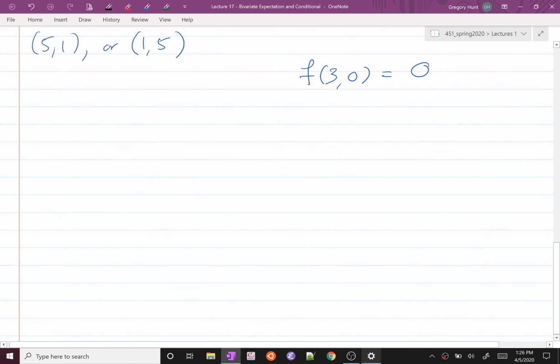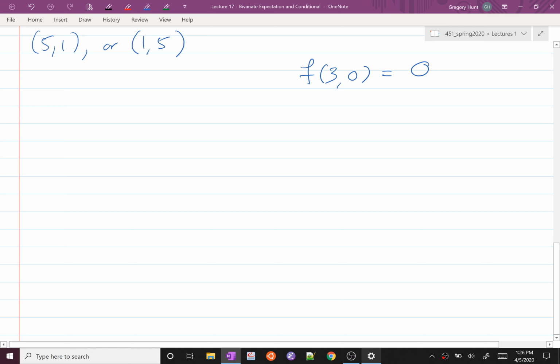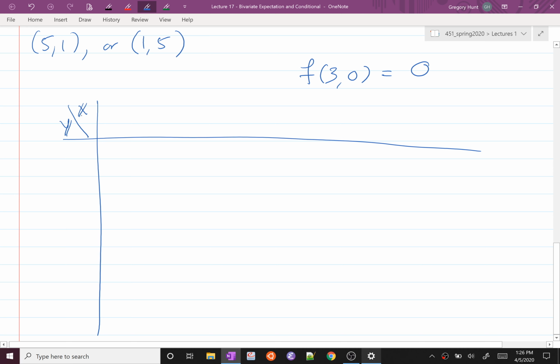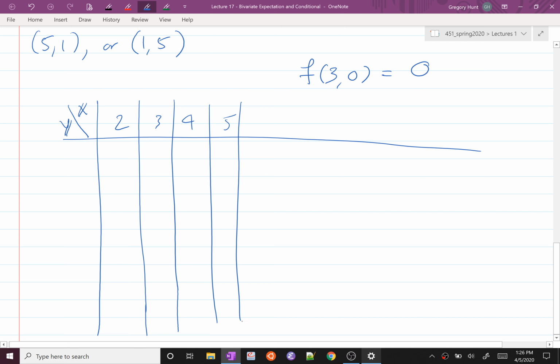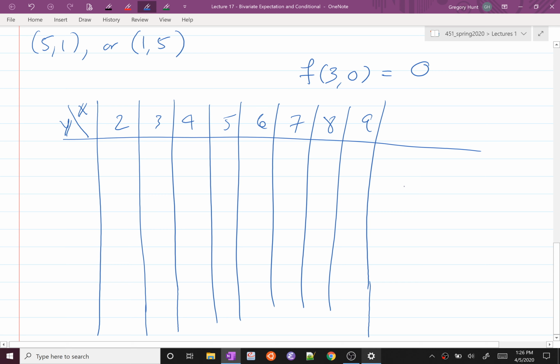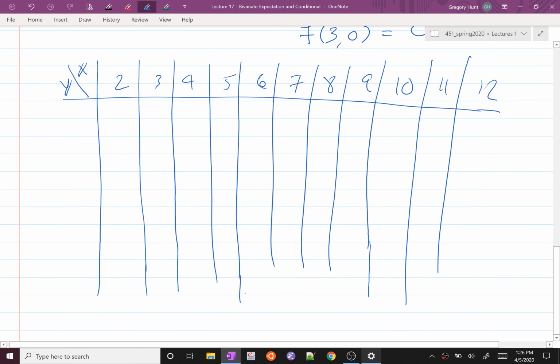And we could make a little table of our bivariate, right? So bivariate discrete random variables, we can make a little table. So let's put y as the rows and x as the columns. So x can go anything from 2 all the way up to 12: 2, 3, 4, 5, 6, 7, 8, 9, 10, 11, and 12. And our table for y, we can of course get anything from y can be 0,